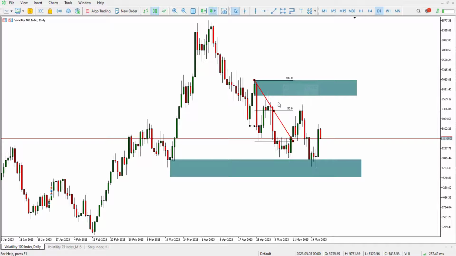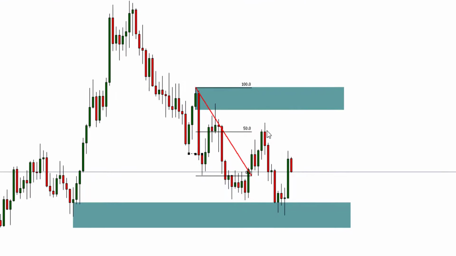As price is coming back, we need to go above 50% since we want to go for the sell. It's called premium. Below it is called discount. This is from my video on PD-ARRAY. Below your 50% level is called discount. Above it is called premium. So if you are in a bearish market condition, you will sell from premium and then you will buy from discount. So price is currently at premium. This is the perfect way to approach this. So from here now, we can say that we can confidently take our trade for the sell,